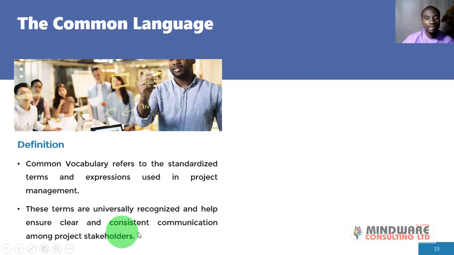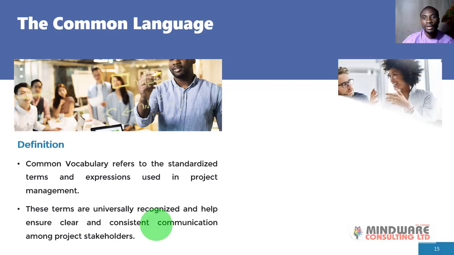When we're talking about project stakeholders, we're referring to the project team members, the contractors, people within the performing organization, every single person who is involved in the project and who is going to be using information in one form, shape, or format. They need to be communicated to. So there's need to use a common vocabulary for the communication.